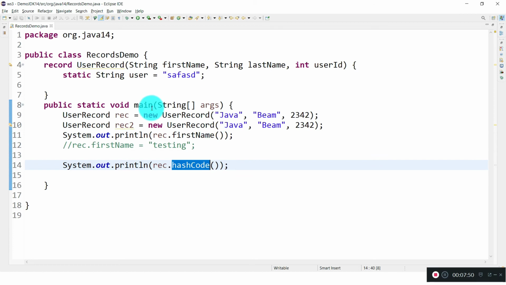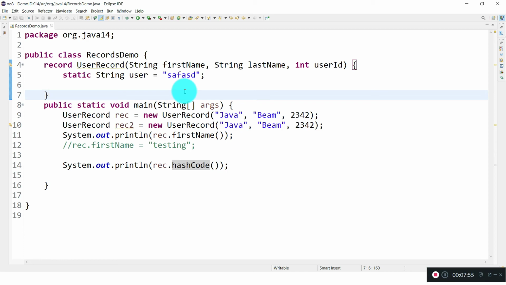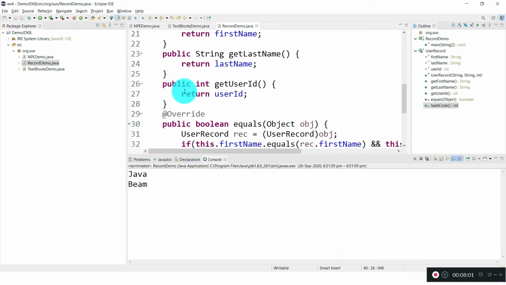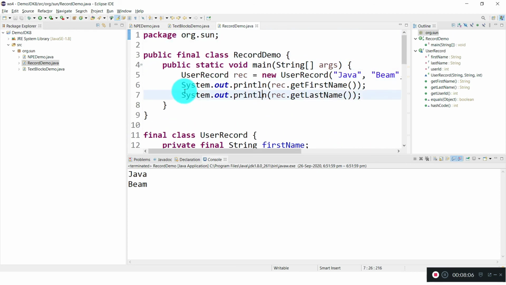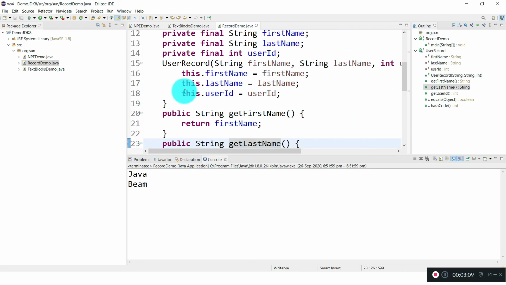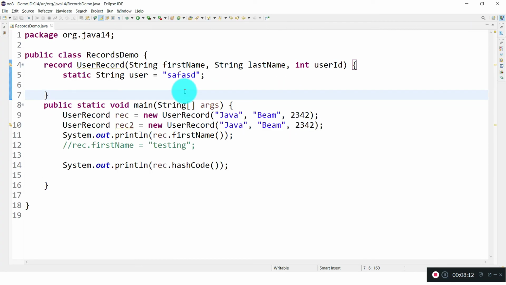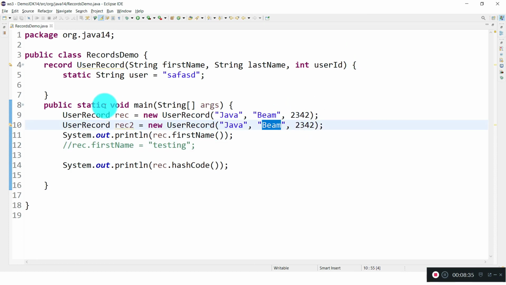This is how we create a record in Java 14. The problem with the previous versions is we need to write so much boilerplate code for simple immutable objects, and to avoid all this Java 14 has introduced the record feature, which is similar to enum classes or other normal classes, but the only thing is these are final classes and the fields are final, so these objects behave as final. Still we can modify the data internally, but these fields are final.